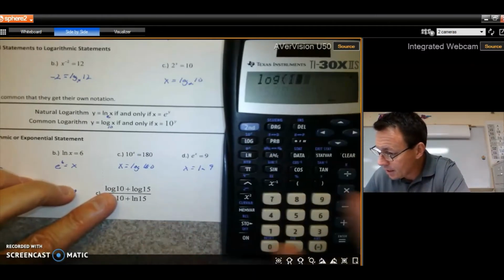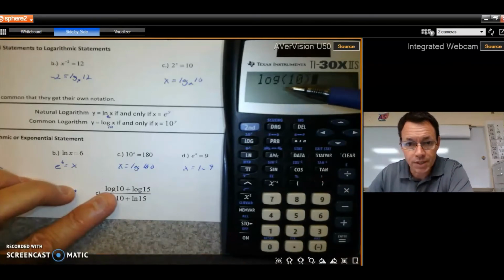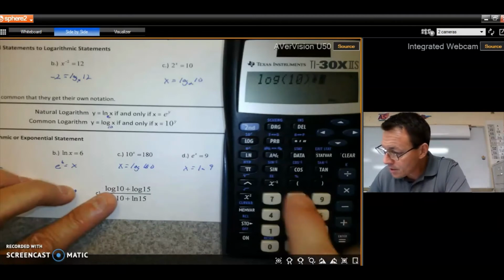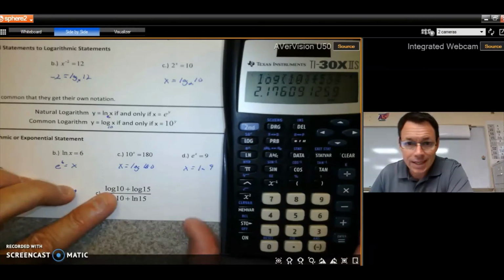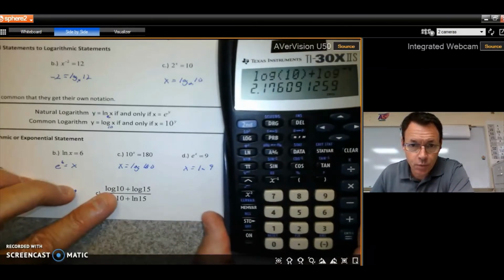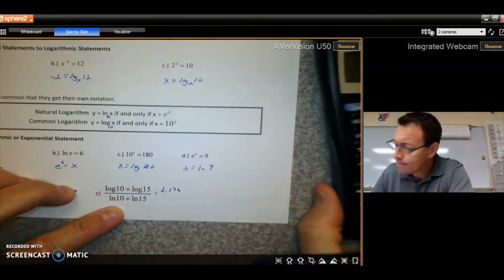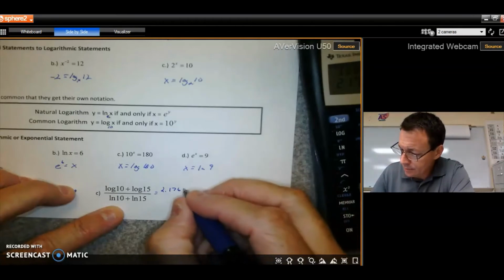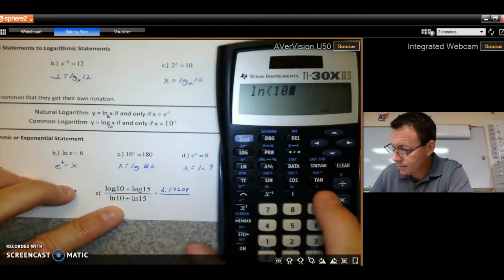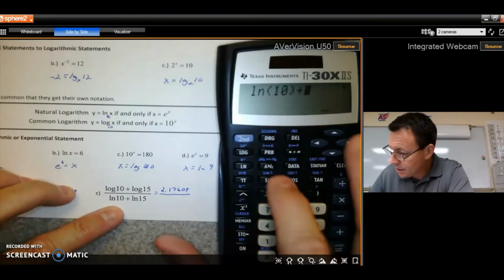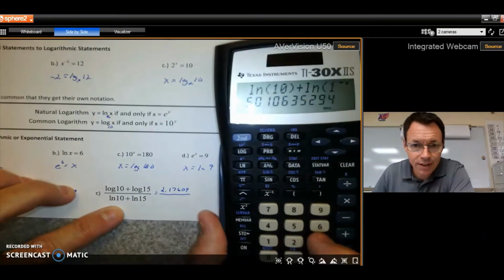So log of 10, close your parentheses. Okay, you'll notice that there was a parenthesis there, so I need to close it. Plus the log of 15, close it, and then get that answer. So 2.176, we'll say 2.17609. Divided by, and then you do the bottom. Natural log of 10, close your parentheses, plus the natural log of 15, close your parentheses, and